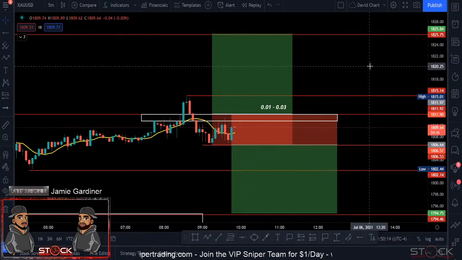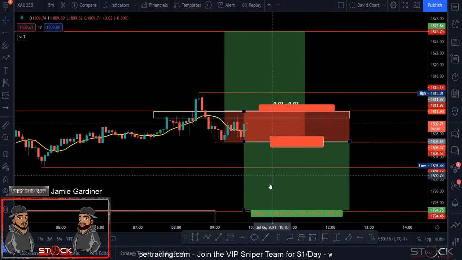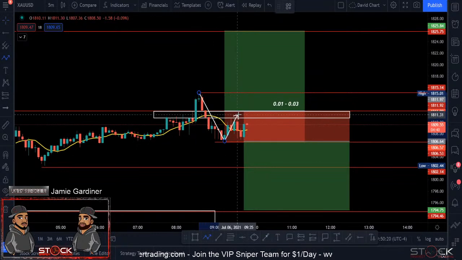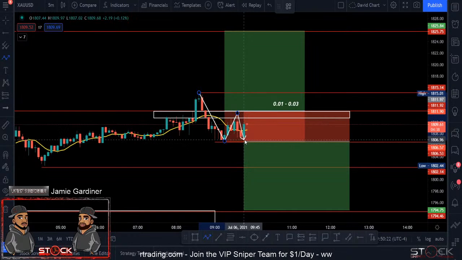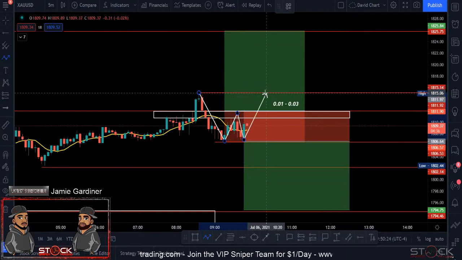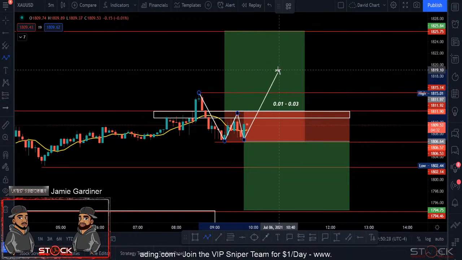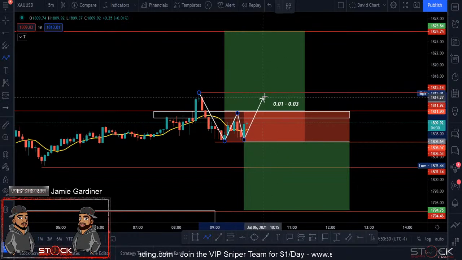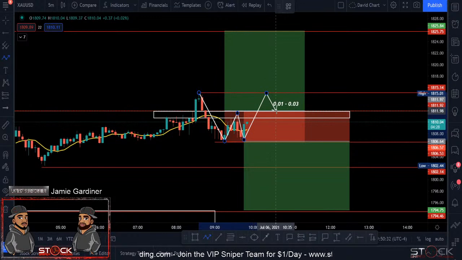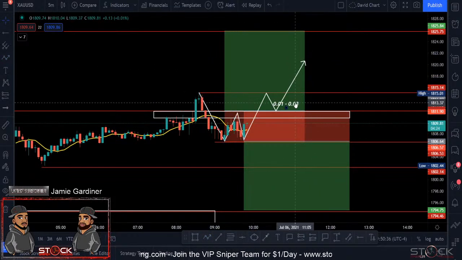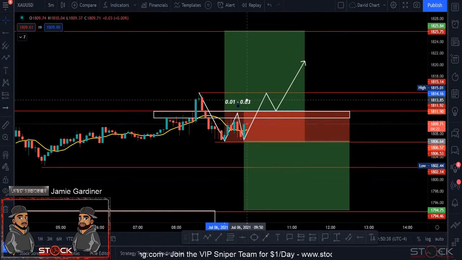Personally, from some of the gold sessions that I've traded, I've seen it like this, where it's rejected. The wick is holding there, and then I've seen it break right here. And these candles are very bullish. All right, so let's just wait and see here. But this is where it's going to get rejected for the retest or the continuation here. I'm telling you right now, that's going to be the area